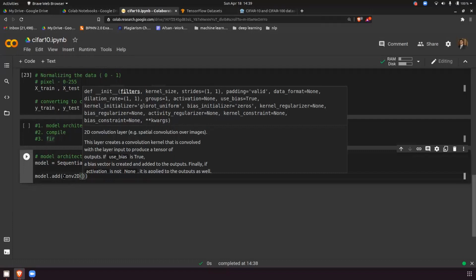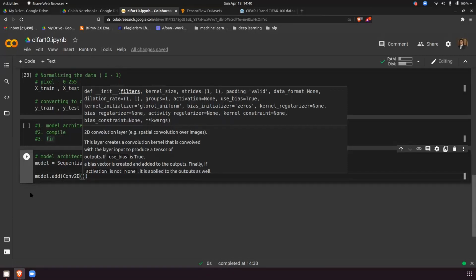How many filters do you want? Kernel size is the filter size. What filter size do you want? Stride is by default what? One. Padding is by default valid. The activation function is none. Then the kernel initializer is uniform by default, and this we have to decide.